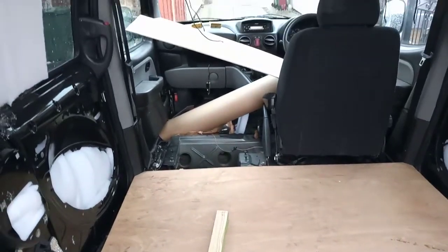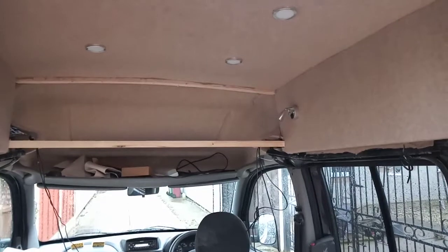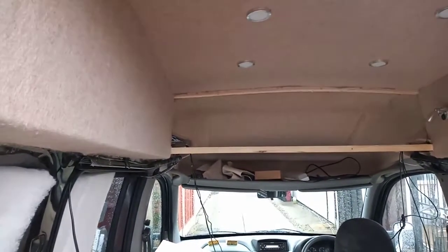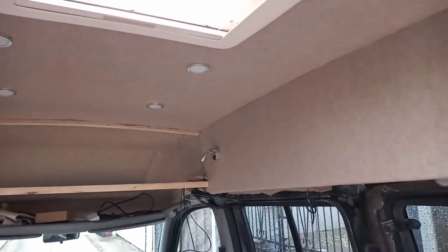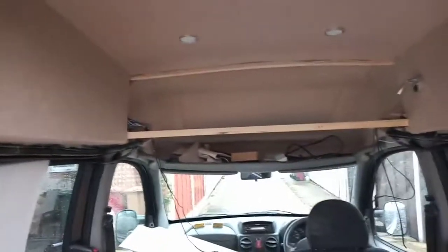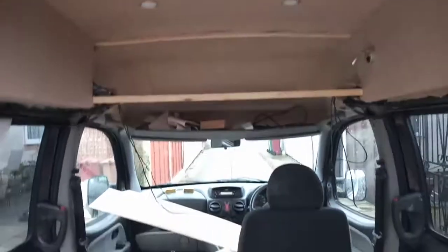So that's a rough idea of what it's cost me so far. Obviously I haven't included the sink and gas bottles and the fridge. That came to nearly £1,000 for all the other stuff, but I'll give you a price for that later. So I'm quite happy with that, and I've stopped the job at the moment simply because I've cleaned everything